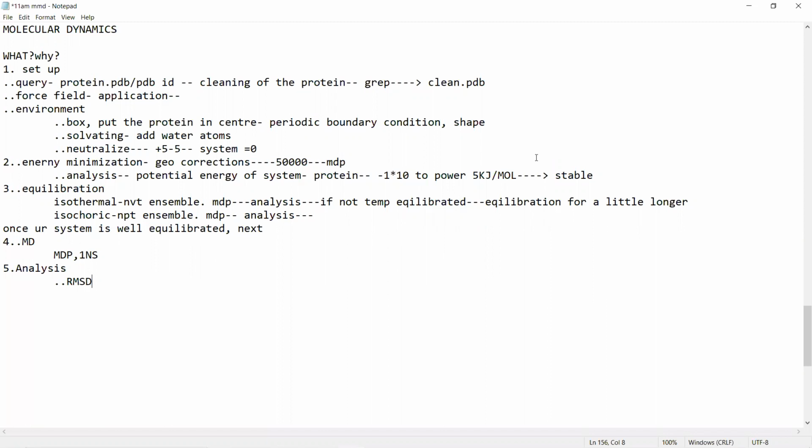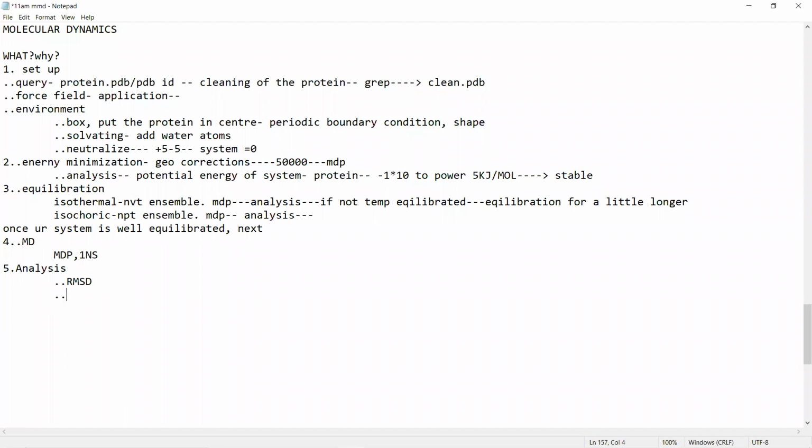Protein is changing, meaning the function is changing. So basically the deviation should be very, very less. So root mean square deviation will help us understand the deviation in your structure after the simulations are done. That is how you will give the conclusions on stability of your protein structure. Correct?